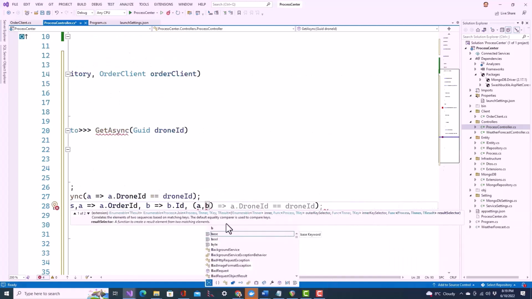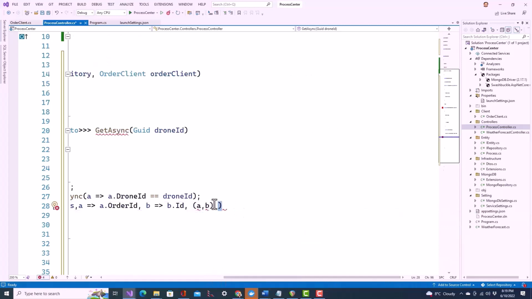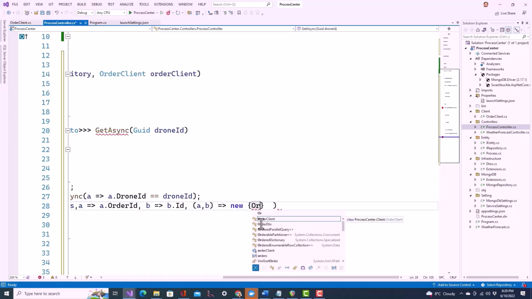A comma B goes to new order ID. A comma B is a function having two parameters A and B, where A comma B goes to new is a new type of expression notation. So order ID